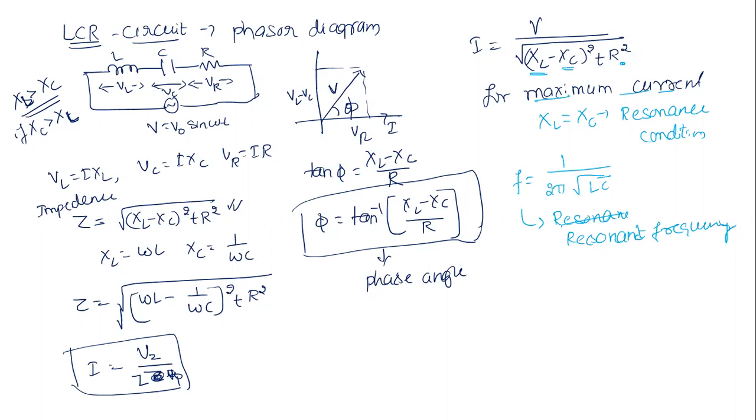One more thing you need to remember is the power loss. Consider the power loss in a pure resistive circuit, a pure inductive circuit and a pure capacitive circuit. In the case of a pure capacitive circuit and a pure inductive circuit, there is no power loss at all. The power loss is zero. Average power loss is equal to zero in the case of an inductive circuit and a capacitive circuit.